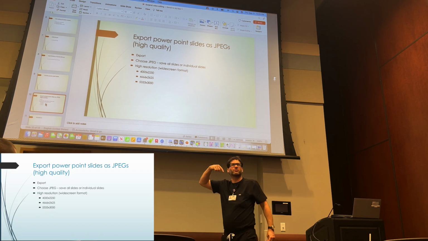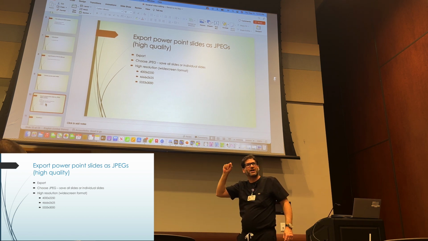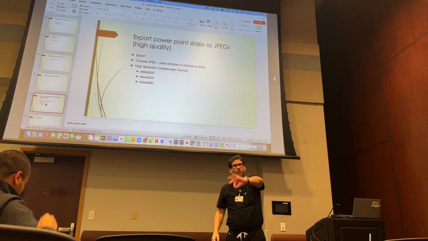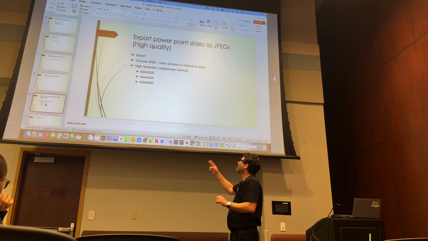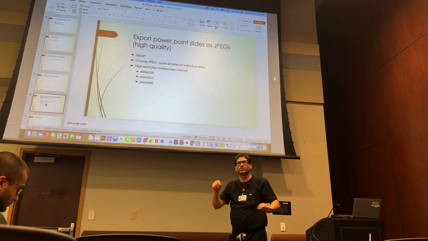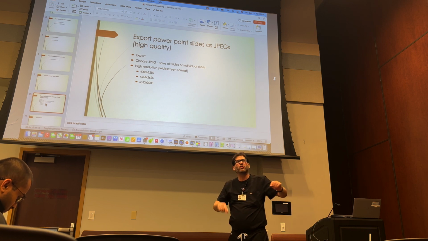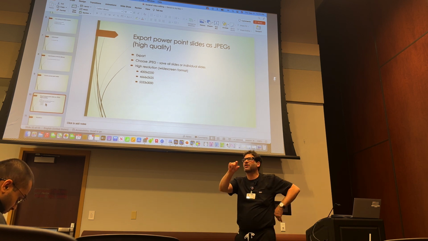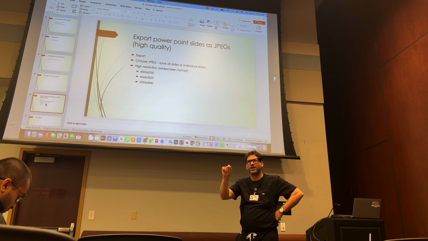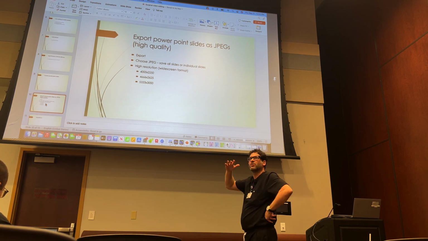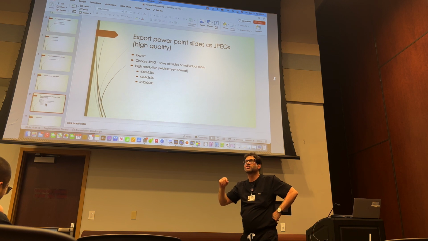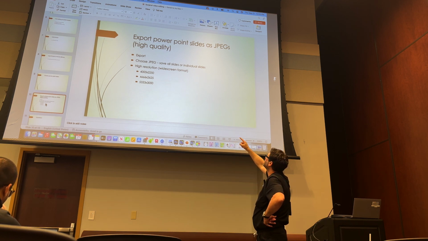When you do what we're about to do, which is export each individual slide as a JPEG, because remember, we were putting photos into the timeline because they were JPEGs. You can put JPEGs in there. If you put it as the regular resolution that it comes up as, when you turn it into a video, you're going to be looking at this awesome HD or 4K video, and then all of a sudden, when the slide comes up, it is going to look like garbage. And the reason is that it is set to do a low resolution JPEG. So I've been doing it at